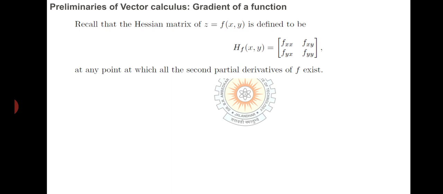Okay, so recall the Hessian matrix. Let's say z = f(x, y) is defined. Let's say f is a function of two variables, x1 and x2, or you can say x and y. Now the Hessian matrix is nothing but